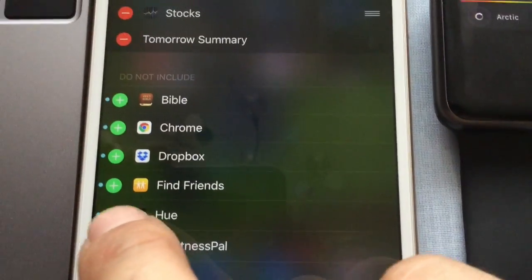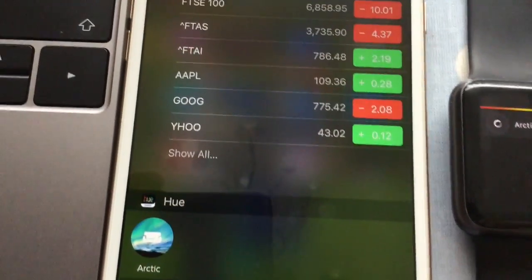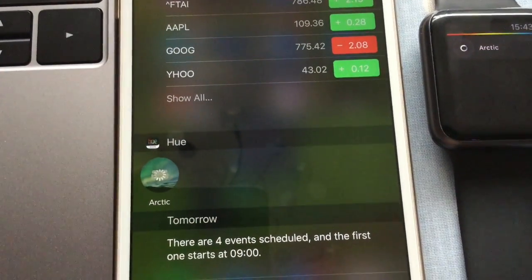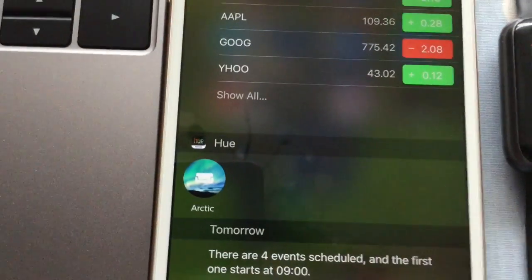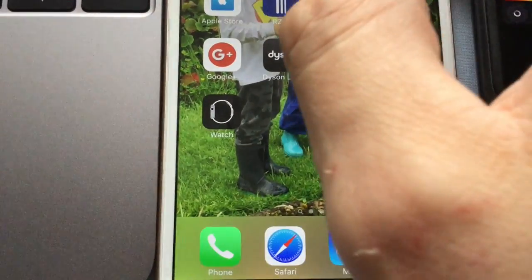Hue. Oh, okay, done. There we go. So you can just scroll down. Arctic. Press that, and it's changed the lights to Arctic. Awesome. So what I might do is add a few more widgets and just put them on. That's really, really handy. So with it off,